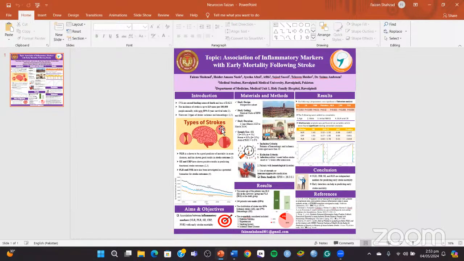And the main thing that they said was that at a postgraduate conference, try not to include these images, the ones that I'm highlighting right now. They absolutely appreciated these images. They absolutely appreciated the tables. They appreciated the charts that I have made. But they said that you do not have to add these images, the types of stroke image or this Holy Family or PVH image. So I was like, okay,